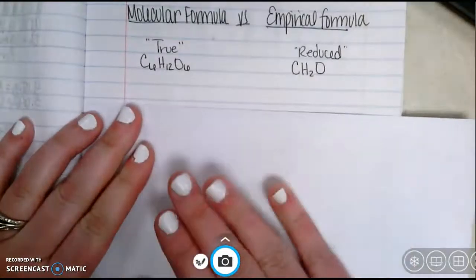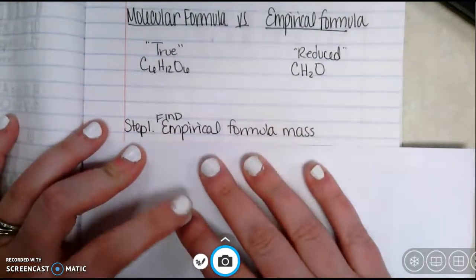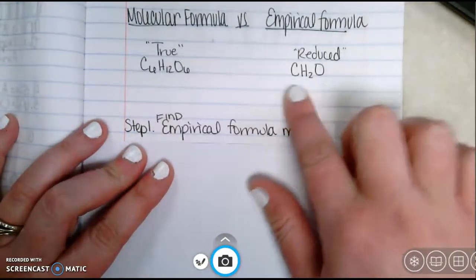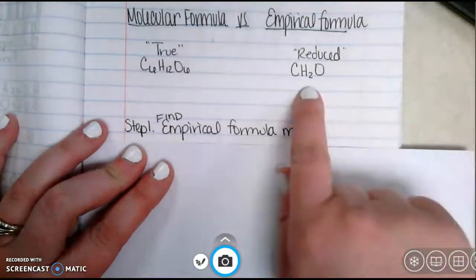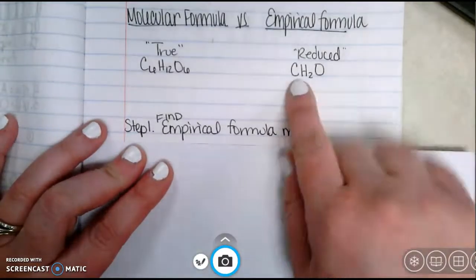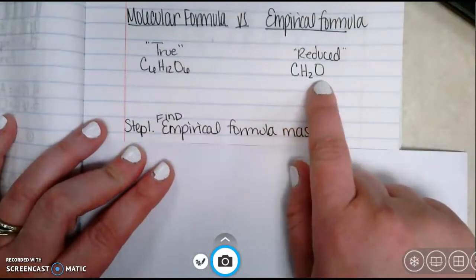So, just like in the last one, we have some steps. Your first step is going to be to find the mass of the empirical formula. So, you are going to find your empirical formula, or be given your empirical formula, and then you're just going to find the mass of that, okay? And that's super easy because in this case, you literally just take carbon's mass plus 2 hydrogens plus an oxygen,